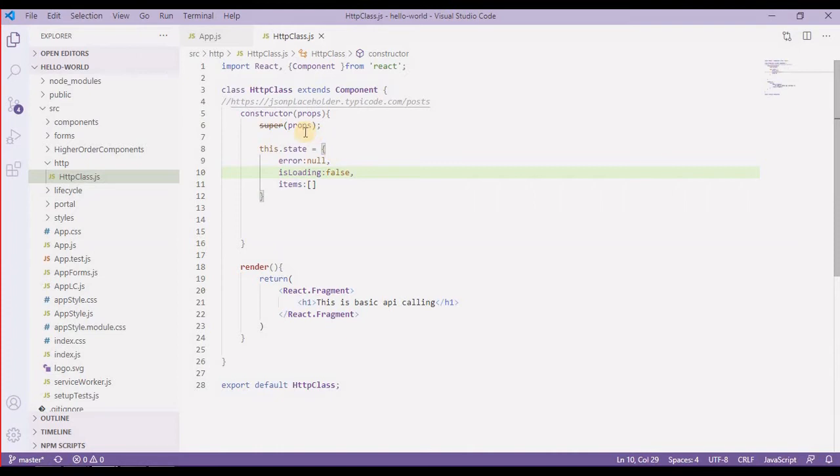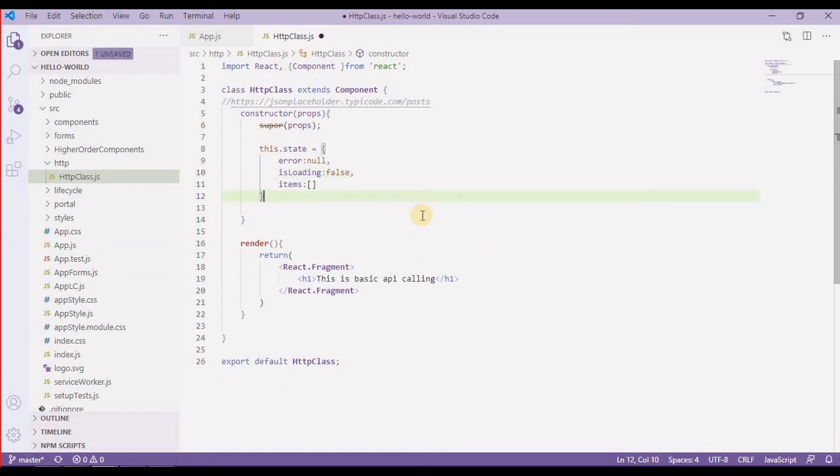So why are we going to use this loading? We basically want to understand when this API call has been completed, and we are going to set this loader to false again. So that's how we can understand that the API call has been completed, and we are going to re-render our JSX again. Alright, so that's our state in the constructor method for the time being.